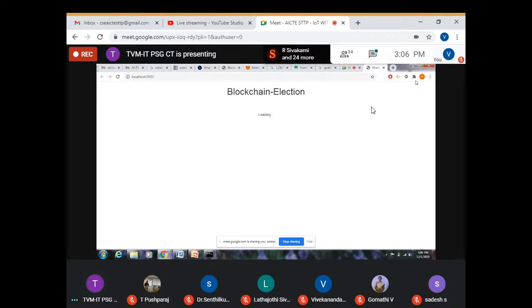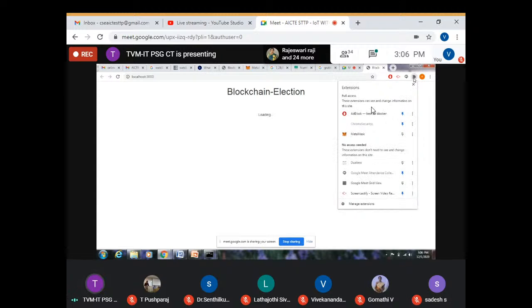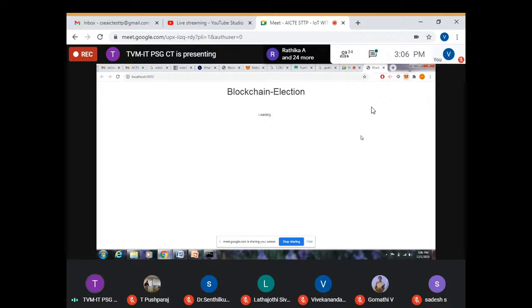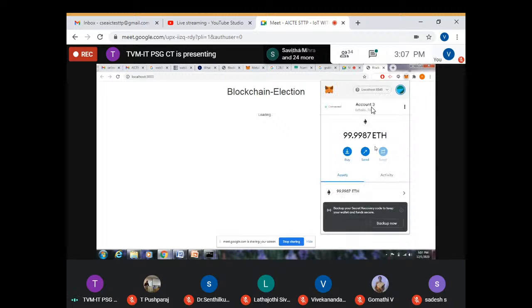you can see this symbol next to your name. As I already installed the MetaMask extension in this Google browser, I'm just selecting MetaMask here. I already have three accounts in this MetaMask. This is account 3. Through account 3 I have connected, and my current Ethereum value is 99.9,